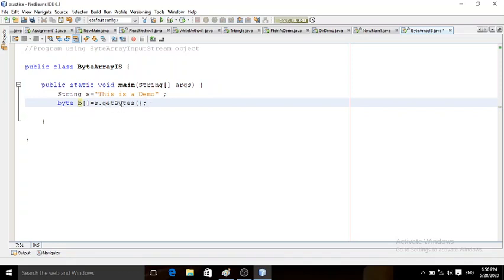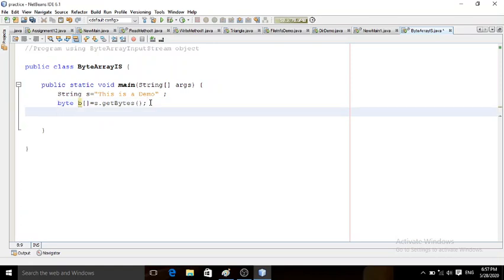So now this string, "This is a demo", we have in the form of an array of bytes, and this array of bytes we will now read byte by byte using the ByteArrayInputStream object.